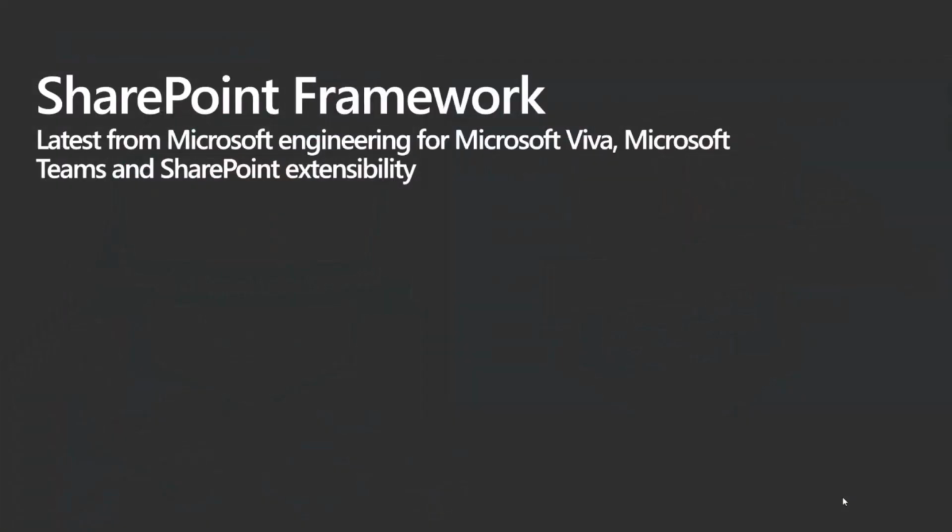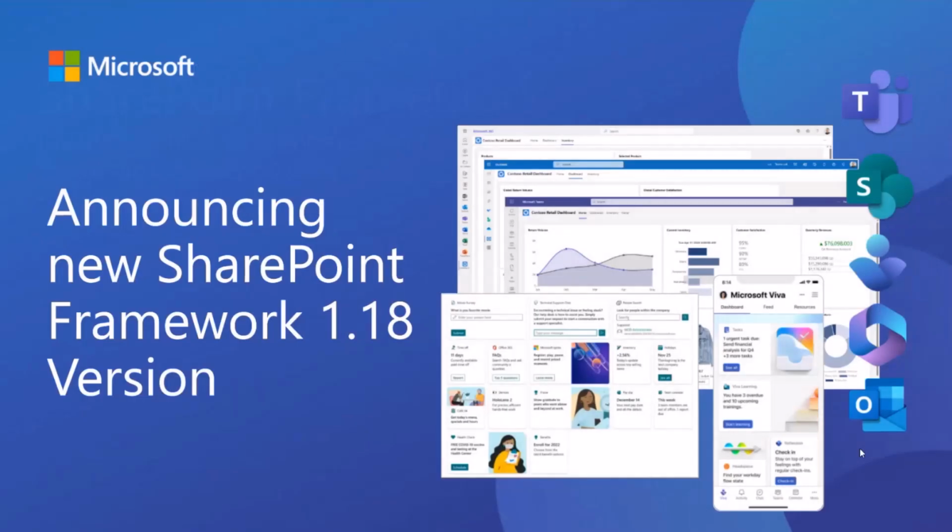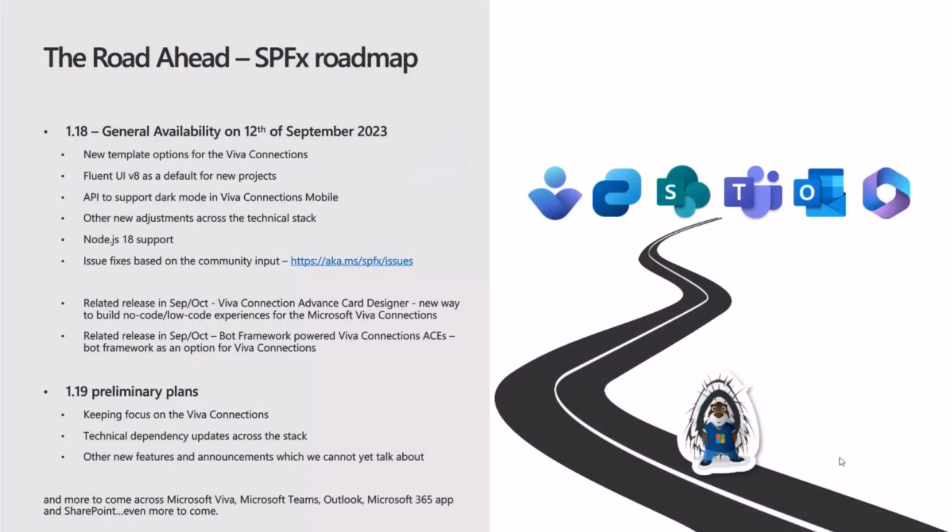Now for some updates, we're going to hand this over to Vesa on SharePoint Framework. Excellent, quick updates from my side. SharePoint Framework 1.18 is the latest version to be used in production, with a lot of new capabilities there. We will be releasing 1.18.1 relatively soon, but that's not for bug fixing. It's actually new features which are targeted for mobile theme support for Viva Connections Mobile. So that's coming relatively soon. The beta is coming most likely next week for that one.